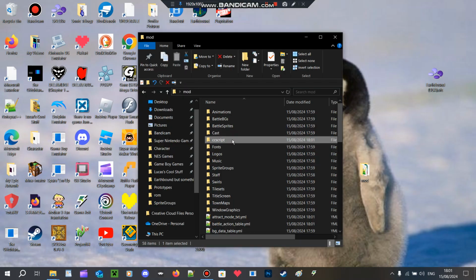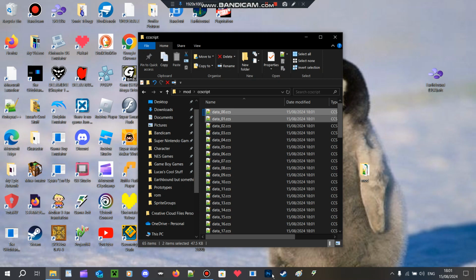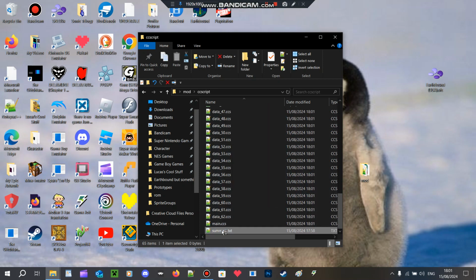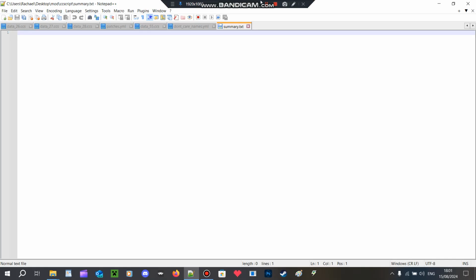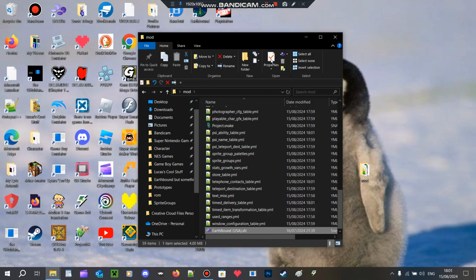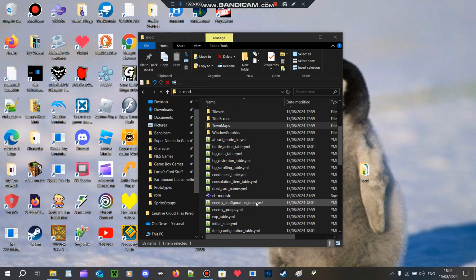See, everything in this CCScript folder, this is all dialogue, right? And this one right here is just blank, really. Nothing in it. Not really useful at all. Oh yeah, and also, put the game in this folder, just so you know where the mod is. Alright, so,